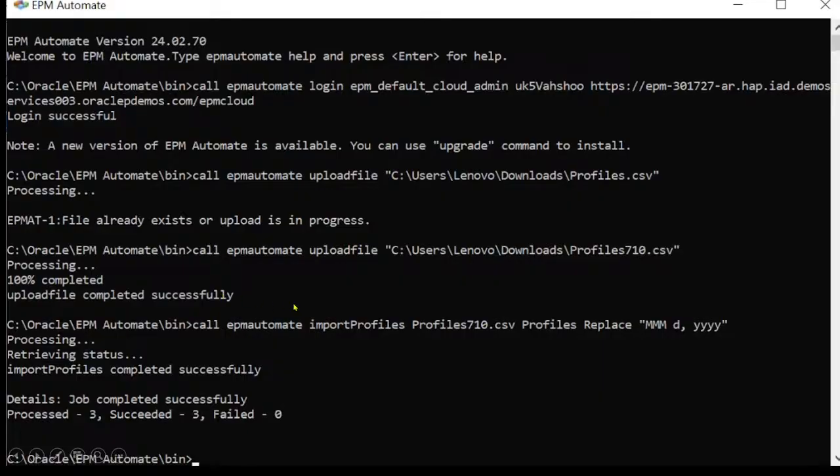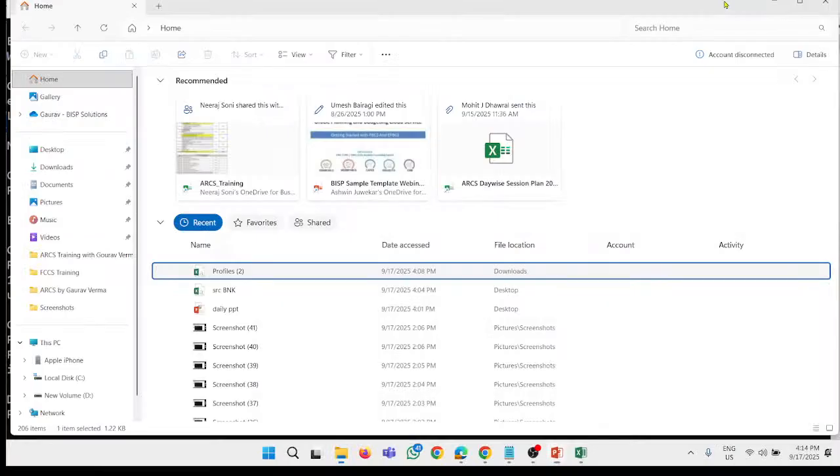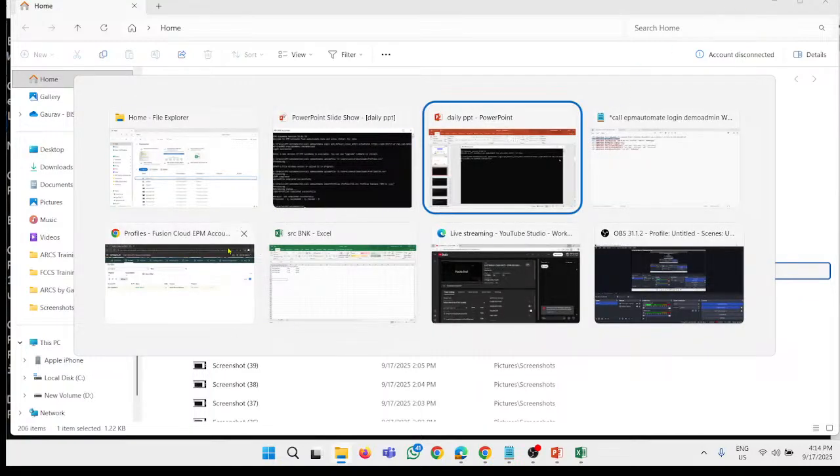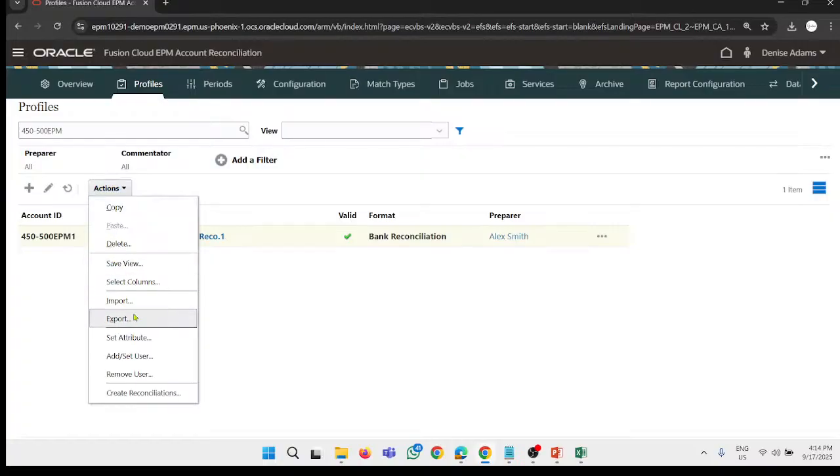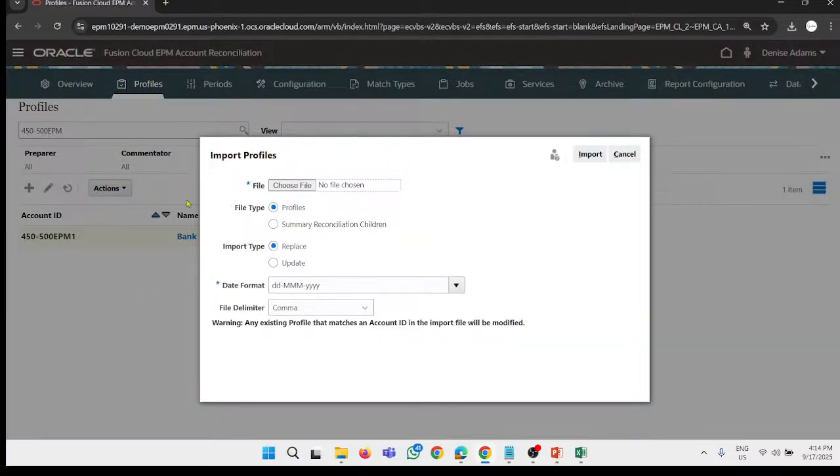Then our next step is to import the profile. Let me show you here. When we go to action and click on import, this is the import window. We are not going to the application and importing; we'll be doing everything in our EPM. So first we have to give the file name, then give the file type, which is profile. If it's summary reconciliation children, you have to give that, and after that we have to give the import type, which